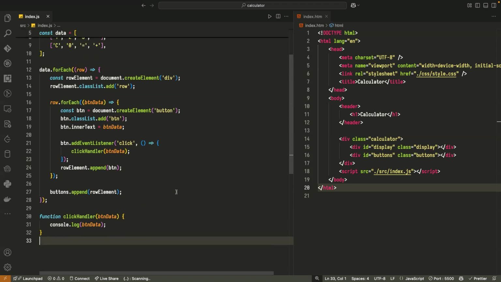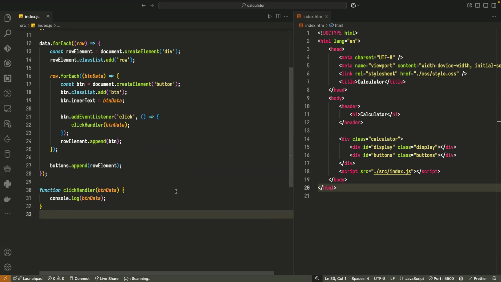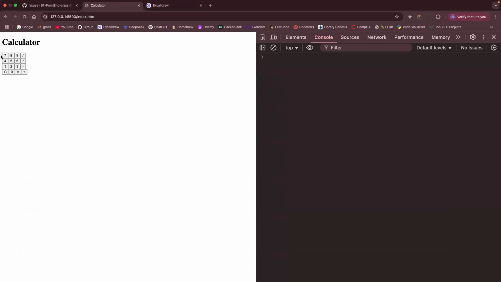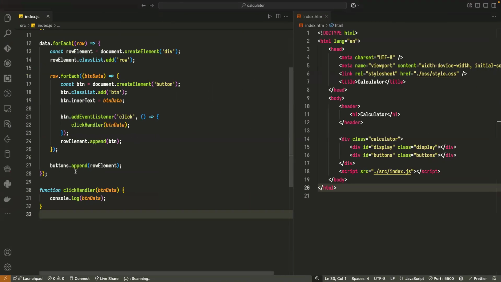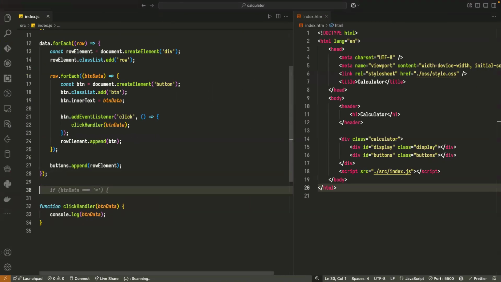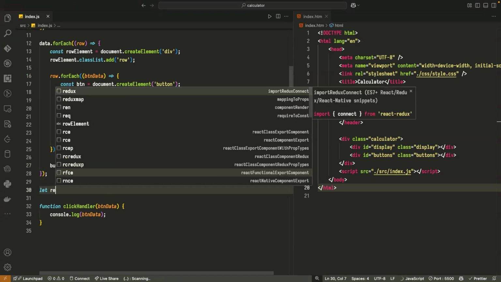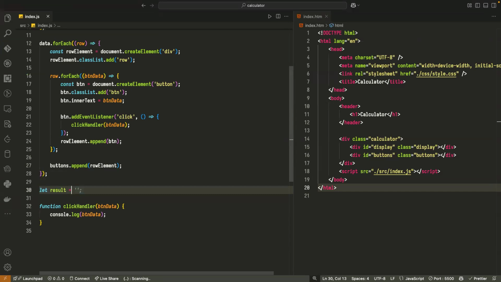Okay, that's fine. So what do I want to do now? Well, I want somehow, when the user clicks on 7 and then 8, to concatenate both of those. So to concatenate both of those, I need a variable. So I can just declare a variable here and name it result, for example. I can just say let result equal to an empty string. And now what I can do here